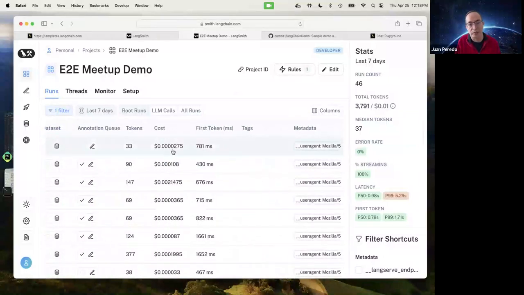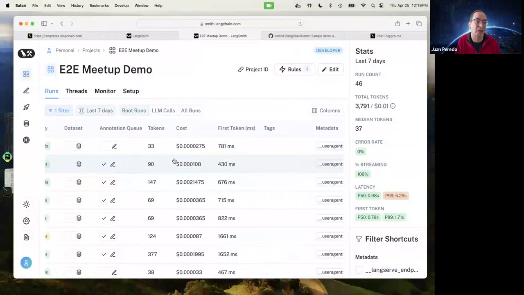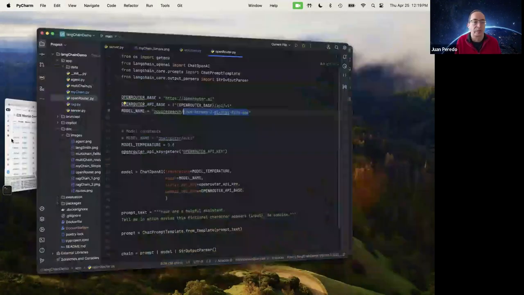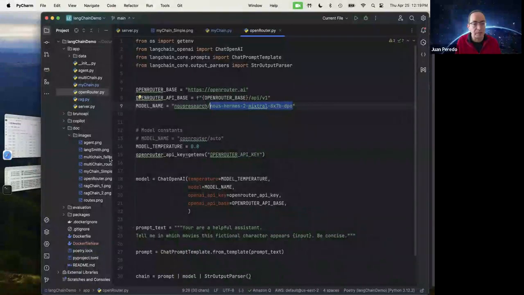You can see how much it costs and how many tokens, and the tokens are related to the cost, obviously. So technically, at the end of the webinar I could go take a look at how much it costs to run all these examples. But more importantly, in your company, you can keep track of the costs over time. All right, so that's the second example.